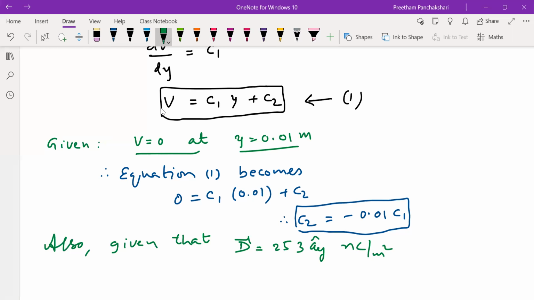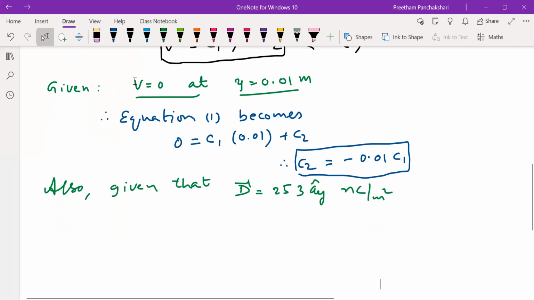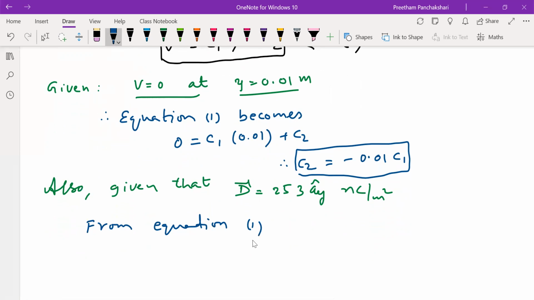Therefore, we shall start from equation 1 and find D from this V. You know that from V we can find E, then from E you can also find D. Therefore, from equation 1, let us call this equation 2. From equation 1, we can find E, that is